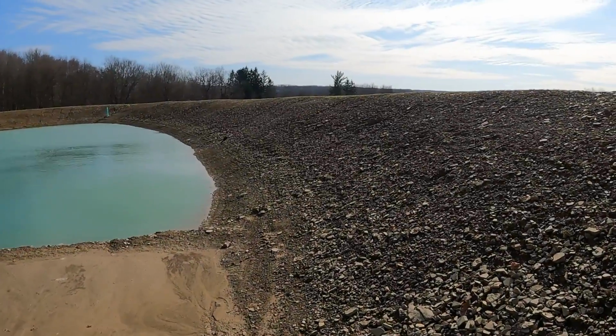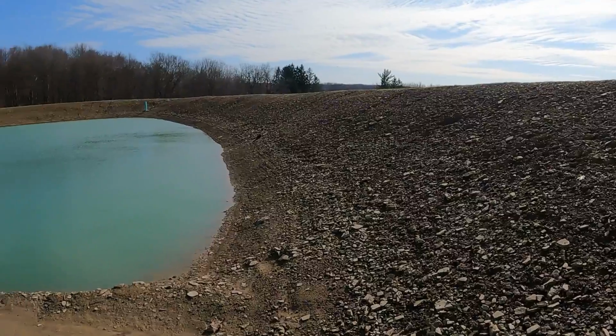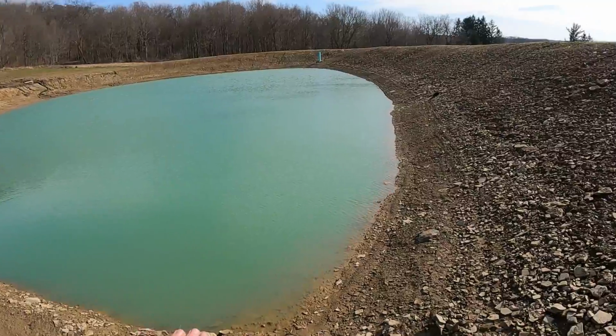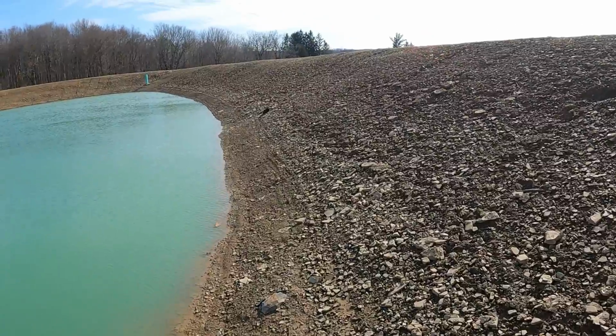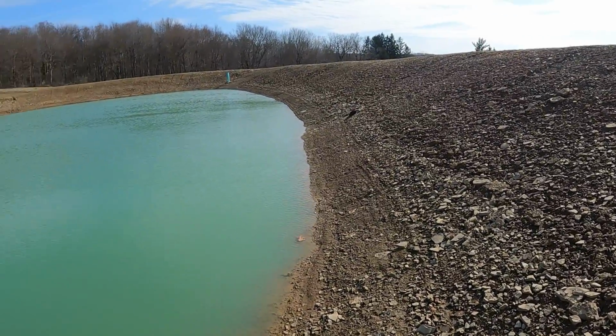So sometime towards the end of February, we lost our 2 foot of snow that we had on the ground, and we had a 1-inch rainstorm that happened all at the same time, and it brought our water level from about where it is now to, if you look right over here, you can kind of see that bathwater mark right there. So we have easily lost probably 2, maybe 2.5, almost 3 foot of water in the last 30